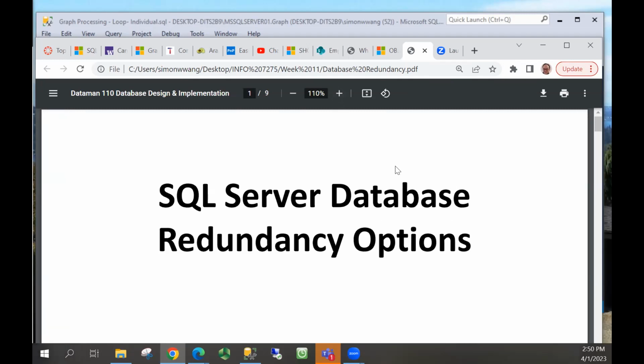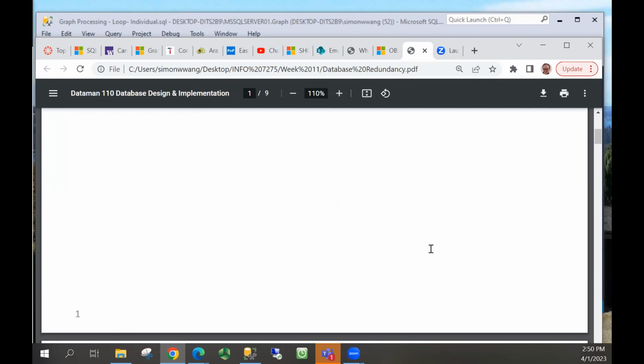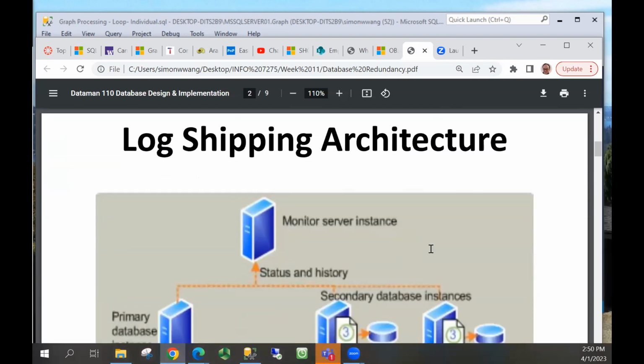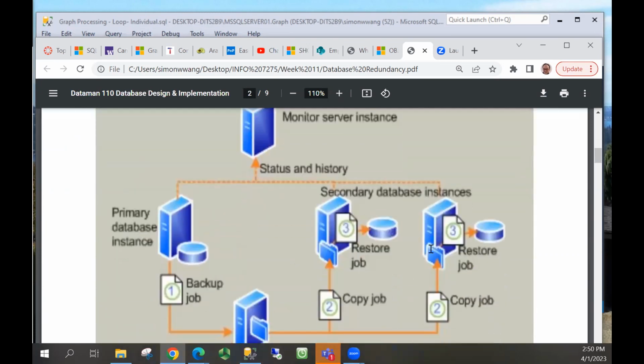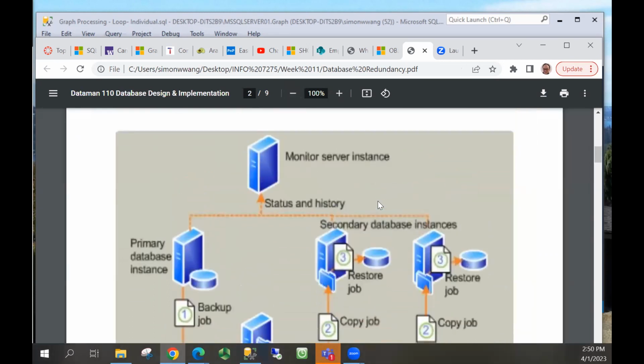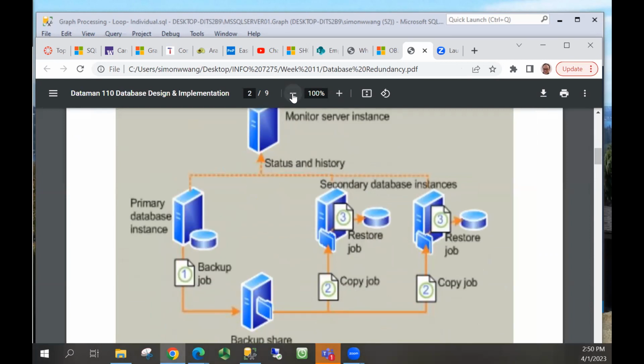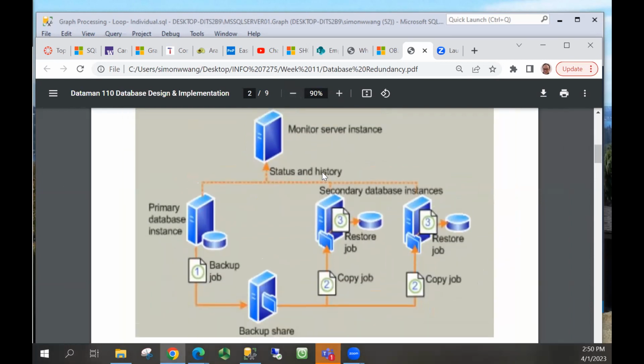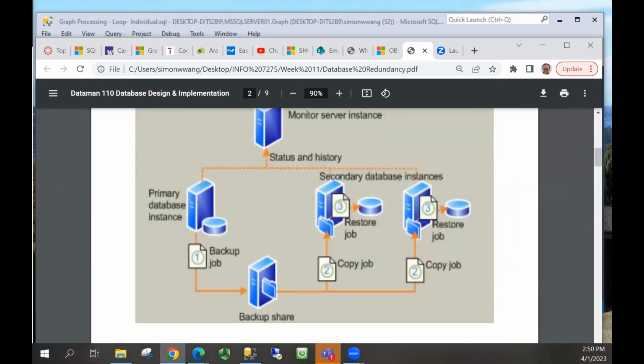Make this larger, easier for your eyes. Log shipping. Okay, so log shipping. This started with the relational databases many years ago. So you look at the architecture, make this smaller. Smaller, we can see better the whole picture. Smaller. Okay, so